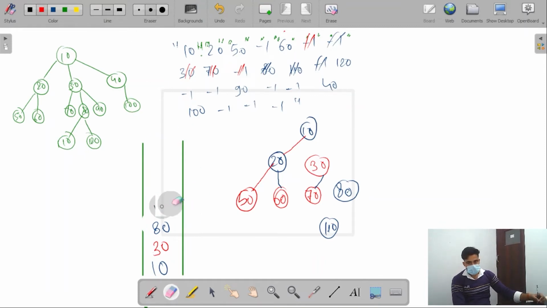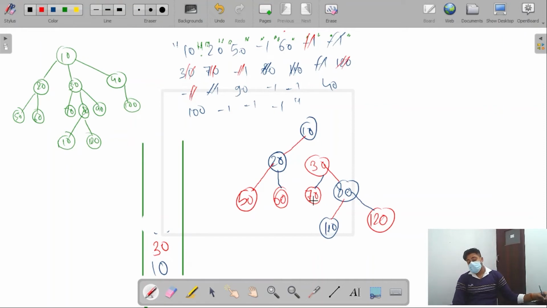This -1 signifies removing an element from the stack, and the moment you remove an element from the stack, update its link with the top of the stack, that is 80. After updating its link with 80, I get this 120. So 120 means create a node and add it to the stack. After this 120, I get this -1. That means remove an element from the stack, update its link with the top of the stack, that is this 80. Again -1, remove an element from the stack, update its link with the top of the stack, that is this 30. I think till now you get how this program is actually executing. I'm believing you get it.